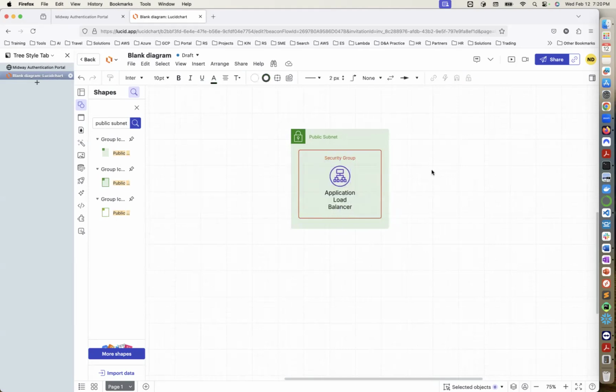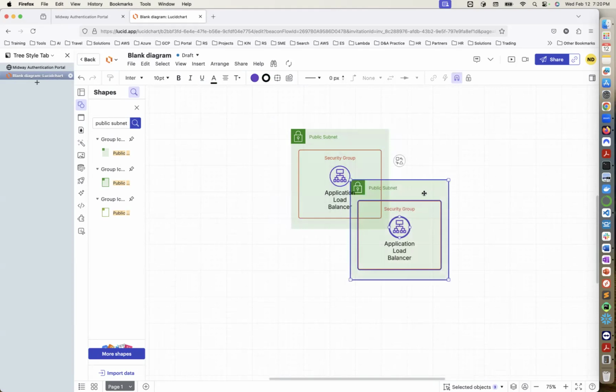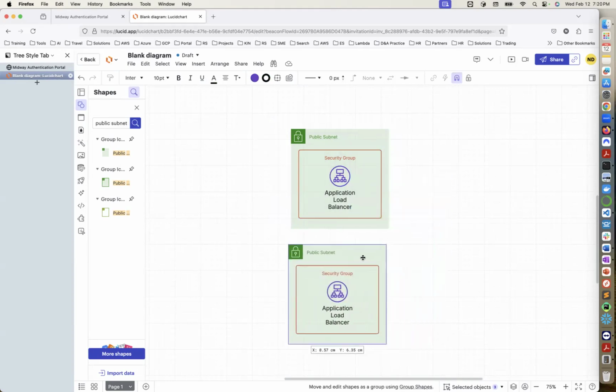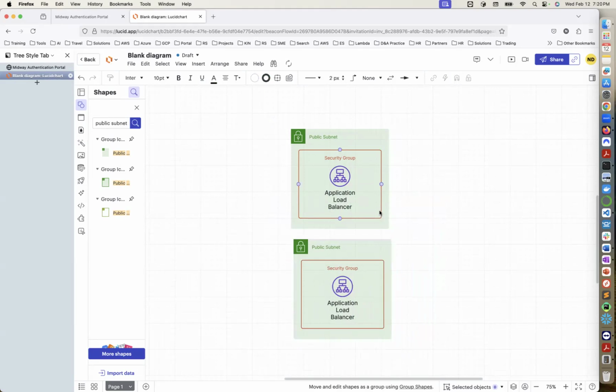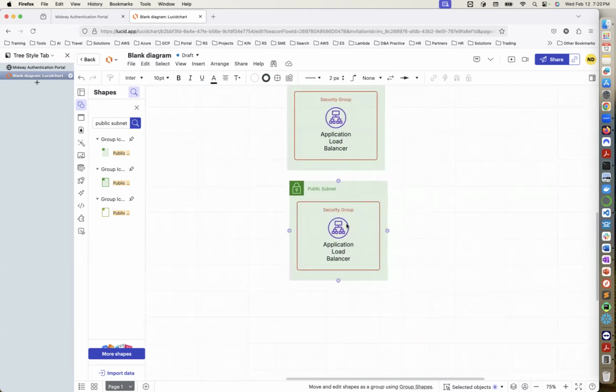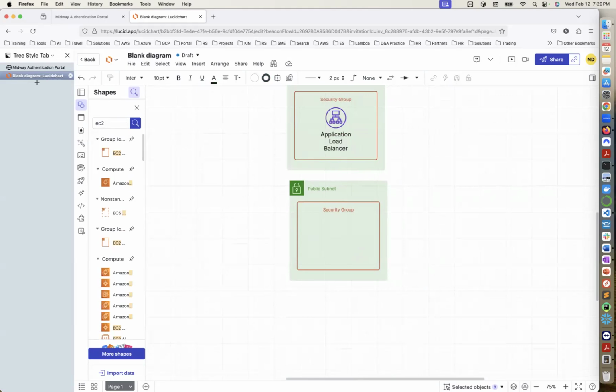So this is your load balancer layer, right? And then you also have a similar layer here. Let me reduce the space a little bit. That's fine. Here you have EC2, EC2 instance,